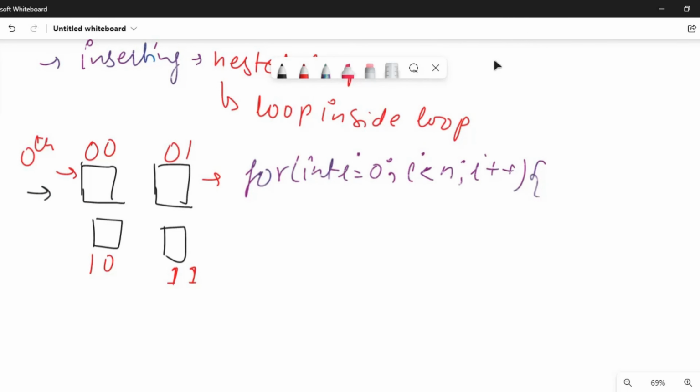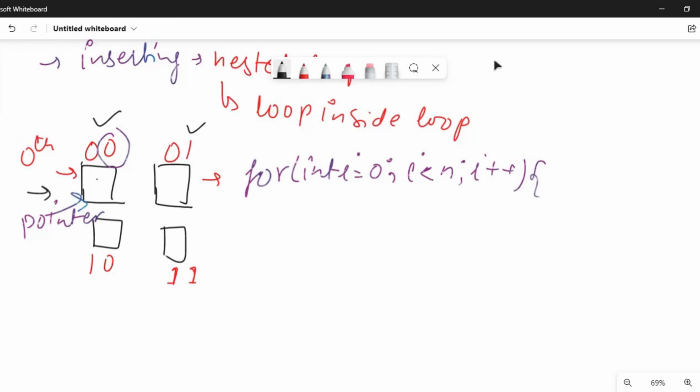सो नाउ हमने यहाँ पे क्या किया कि हमने यहाँ पे फॉर लूप का जब ब्रैकेट शुरू किया तो पहले जो मेरा पॉइंटर है वो इस पोजीशन को पॉइंट कर रहा होगा। This one will be pointed by my pointer. So now my pointer need to have the access of these two, because 0th रो में तो हम आ गए, लेकिन कौन सी कॉलम में? क्योंकि यहाँ पे तो हमारे पास 0th कॉलम भी और फर्स्ट कॉलम भी है, but we need to insert the element at this position.